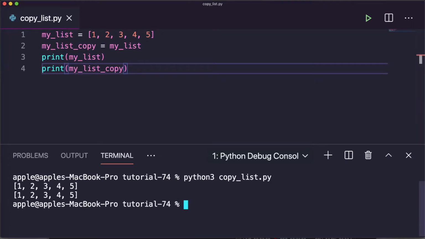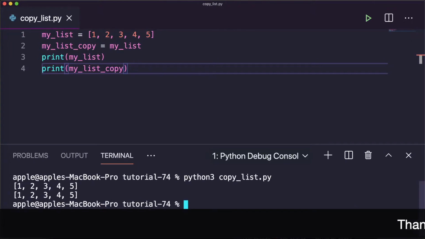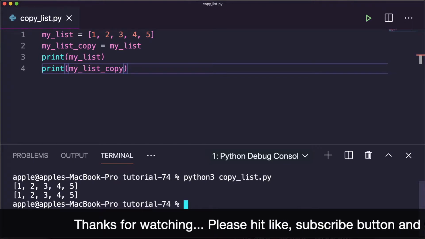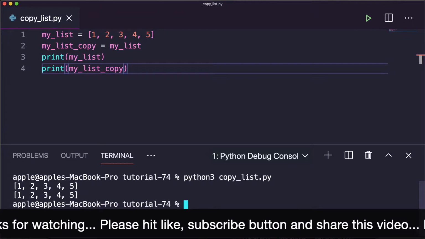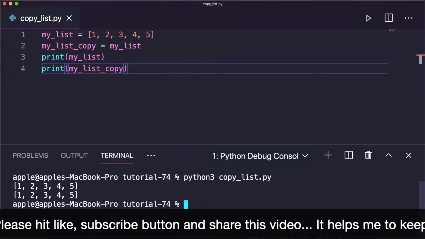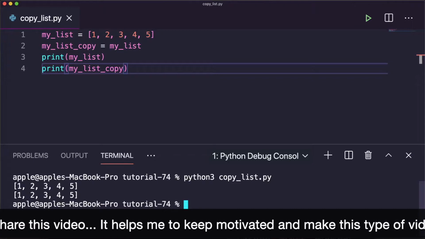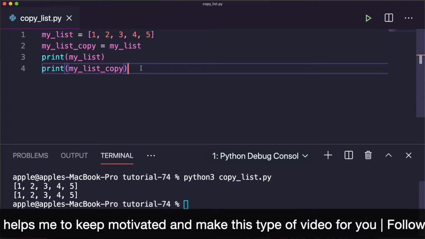That means it just duplicated the existing list, but unfortunately this doesn't really do the job. After all, we haven't actually duplicated the list, we have simply stored the reference to it in another variable, right? So if we try to modify our duplicate list, it will also modify the original one. So let's see the example here.